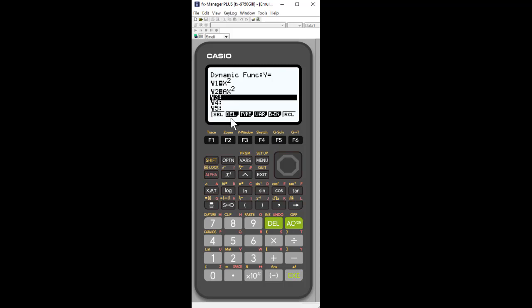So notice I have some options down here. I can delete them. I can look at type. I can change the type of graph, so you can do r equals, parameter, those types of things. Let's hit exit, get back. I can change the variable, and this is where I'm going to talk about how I want to set this variable to start. So where do I want it to start? Well, maybe I probably want it to start at 1, right?